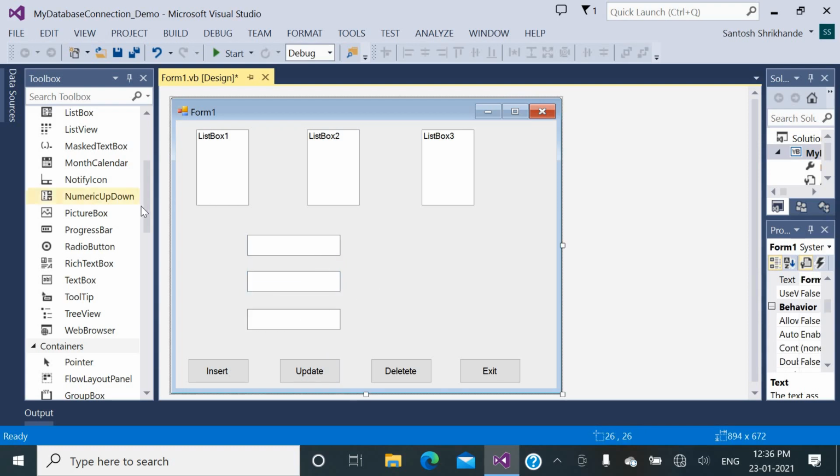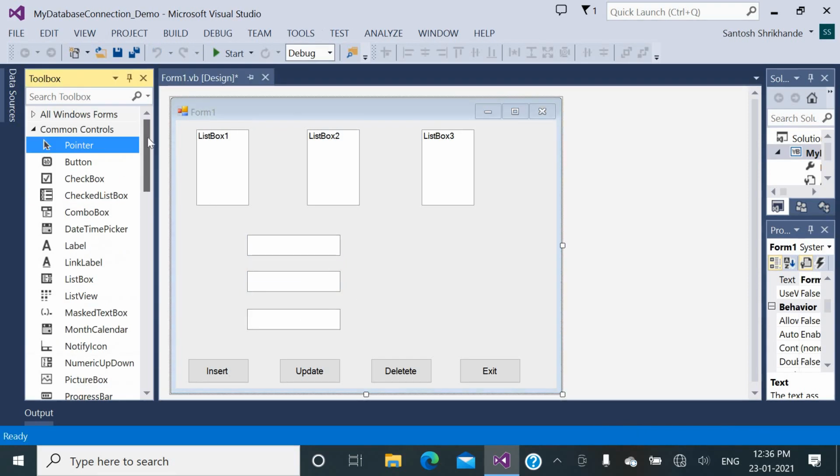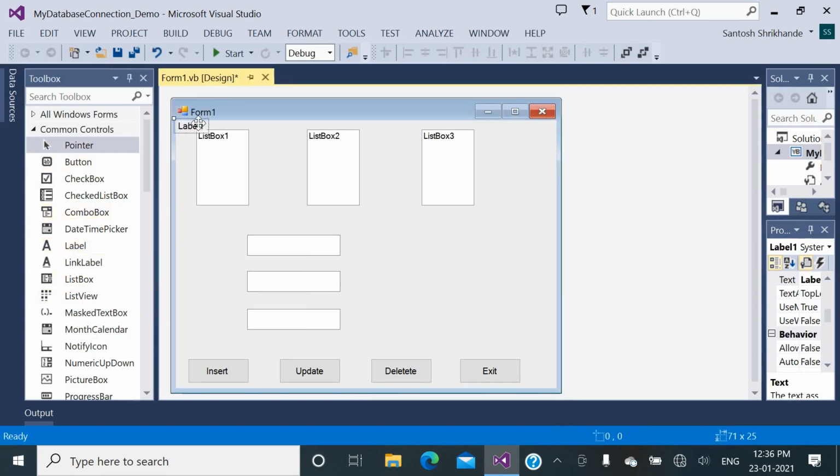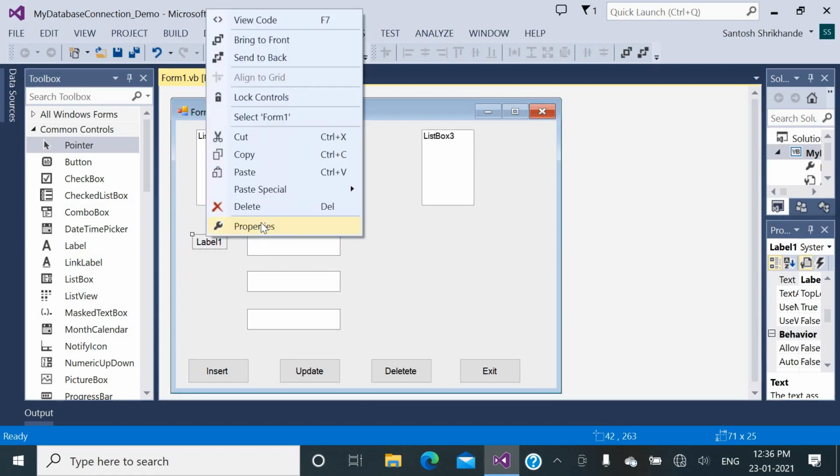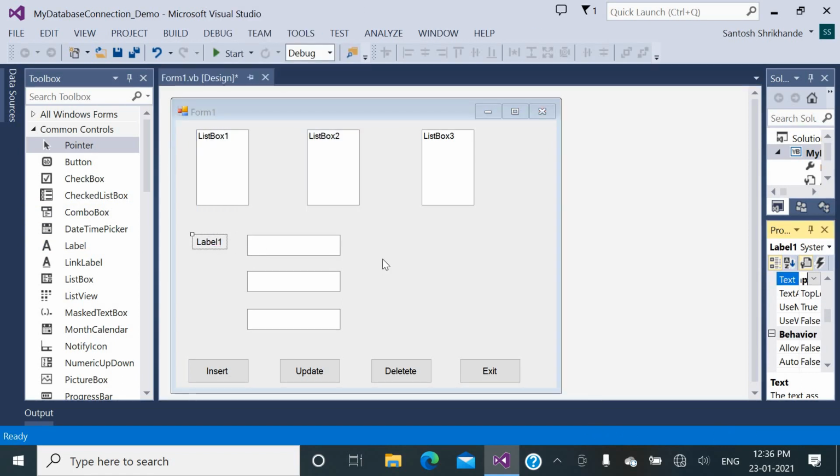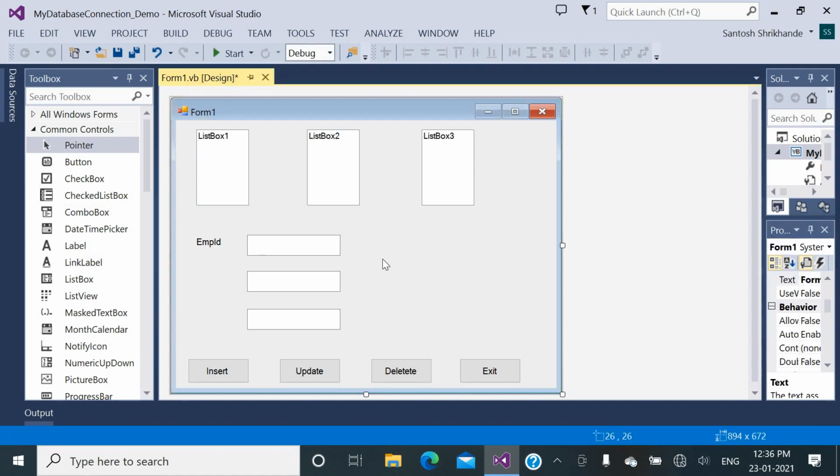Again we need to take some labels so that the user can understand which text box is for what purpose. So here I will take one label, and the name of this label will be EMP ID.